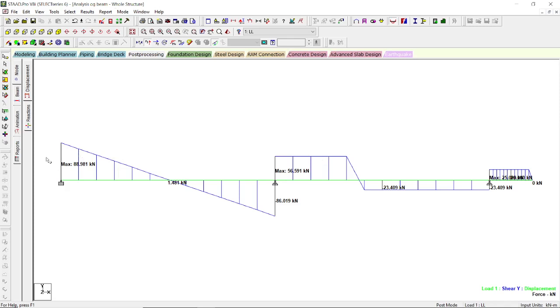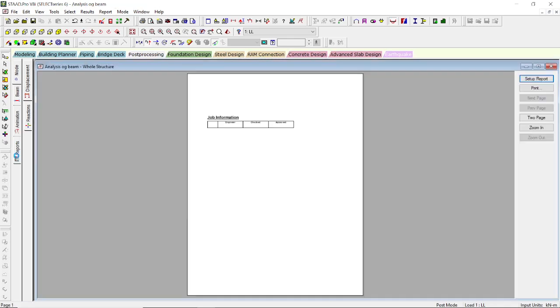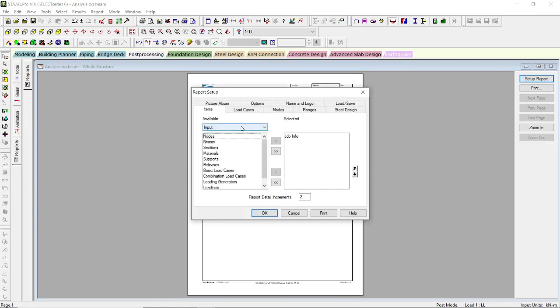Now we can view the report by clicking the report option. Now click pictures. Already we have taken 3 pictures. Select them, then click output. In output we need to view 3 important internal forces.